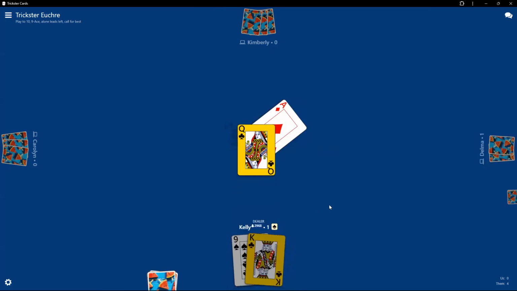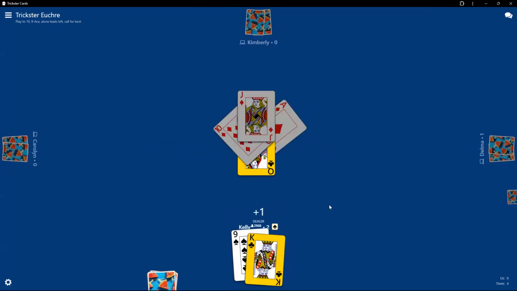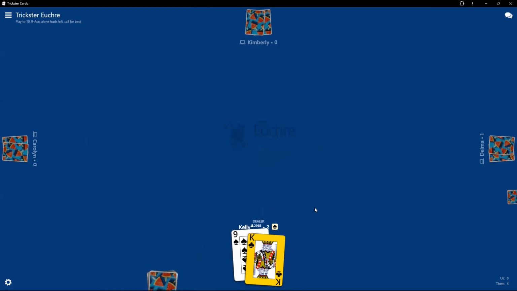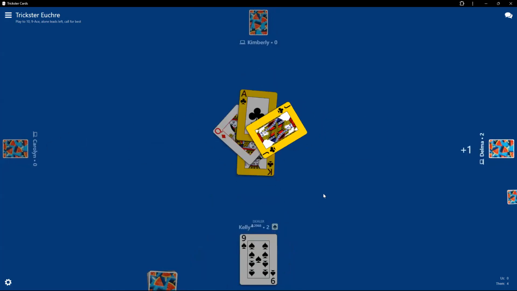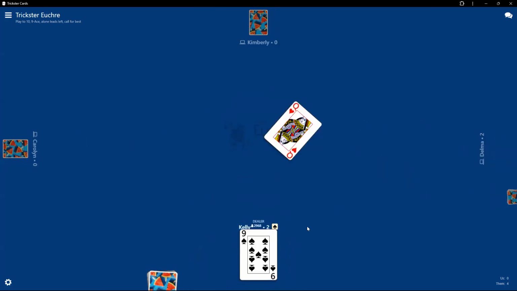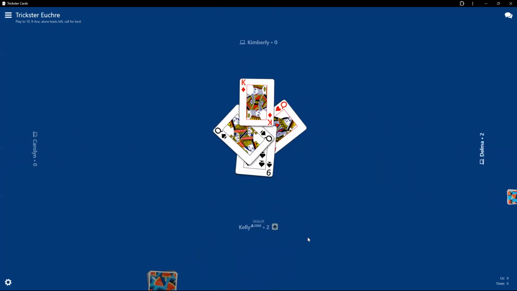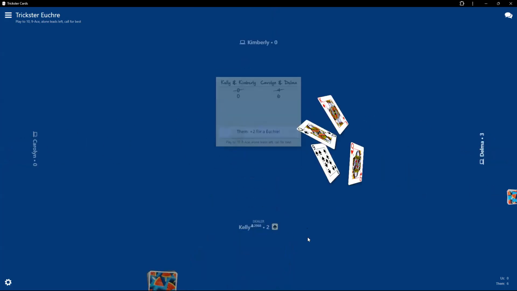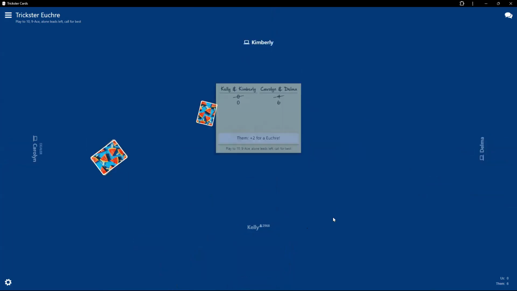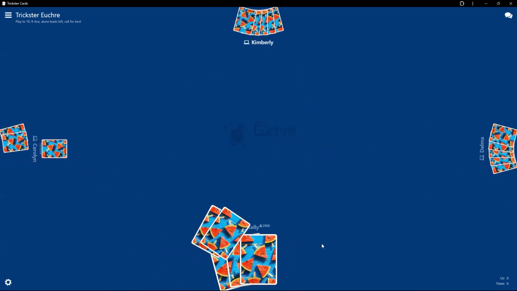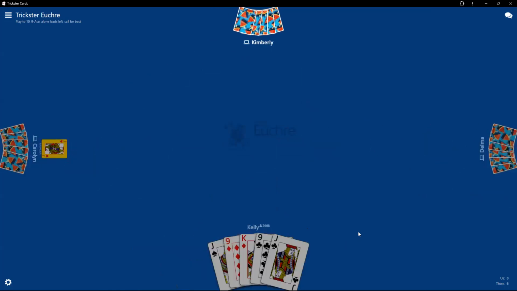What is going on here? Okay. We got to get one more point. It's wanting me to play the nine of spades. All right. Right, because I'm not going to listen. Should have listened, cuz. What are you thinking? Oh, well, we got euchred. I may have played that differently. I guess there's times where you should have listened to the bot.